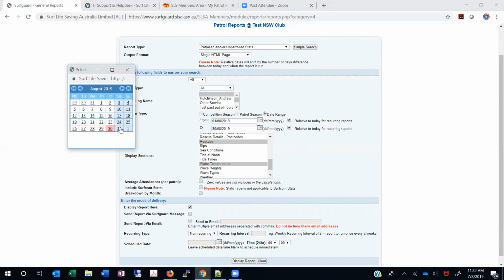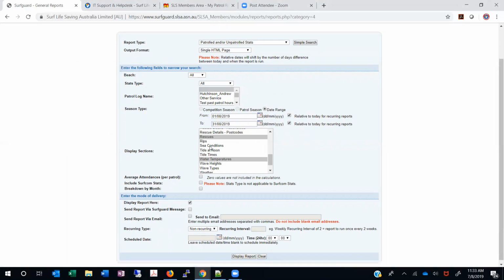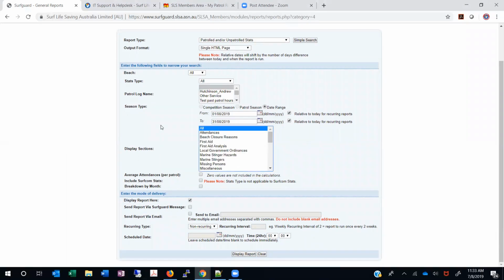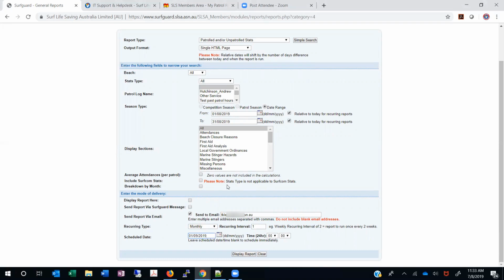And what we'll end up with is a report running for this month, and we just want to see, say, all the patrol stats here, and then we can decide to send that to ourselves as an email, and we can actually make that a recurring thing on a monthly basis. So you can select monthly here, every 1 month or 2 months if that's what you prefer, and when you want that to actually start. So we might do that at the end of the month, so on the 1st of September, and hit Display